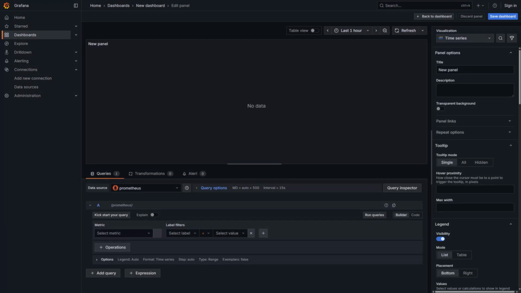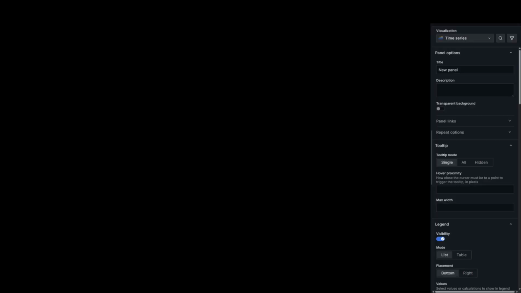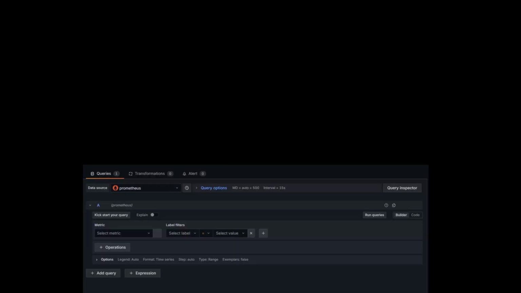In the Edit Visualization window, there are three main areas. On the top, there is a visualization preview that will show our visualization as we create it. On the right side of the screen, there are the visualization properties, which control the appearance of our visualization. And on the bottom, there is the Queries panel, in which we will add and edit the queries that load